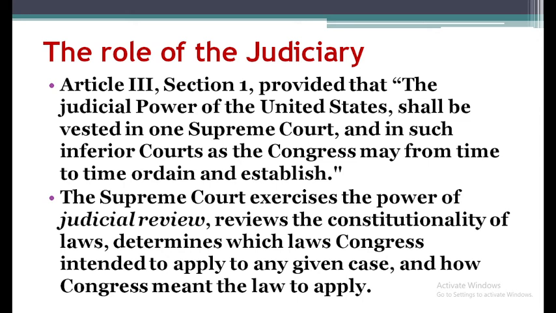The Supreme Court can nullify any law passed by the Congress, or it can also nullify any executive order issued by the President if such laws or such executive orders are found to be at variance with the spirit of the Constitution. The power of judicial review, which is with the Supreme Court,